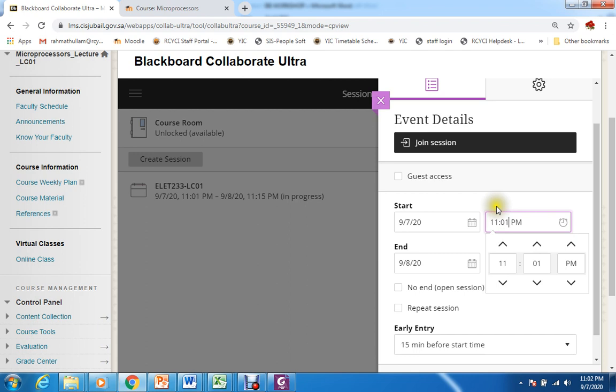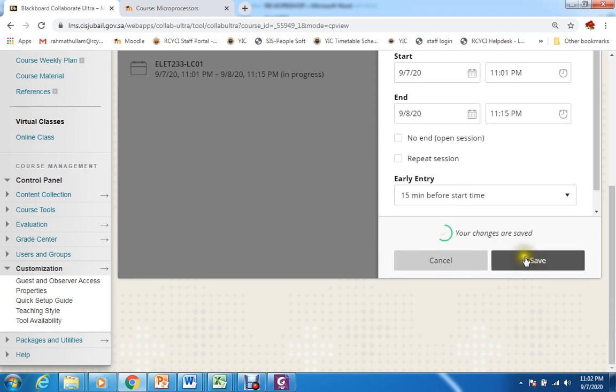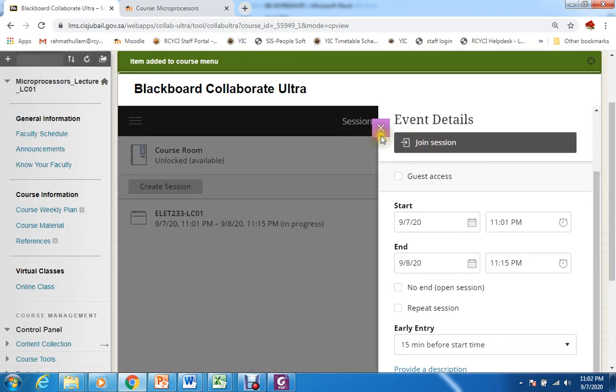Okay, so now it is 11:02, so I started with 11:01 until 11:15 p.m. Now, whatever changes you have made, just save it and close this button.